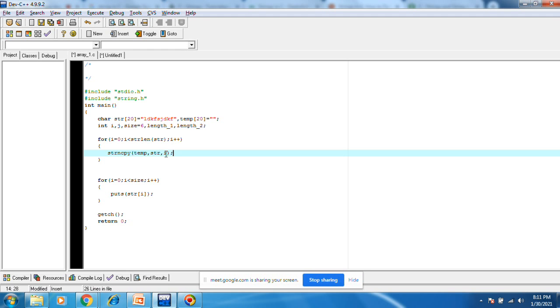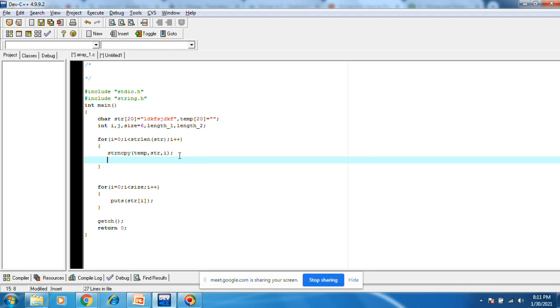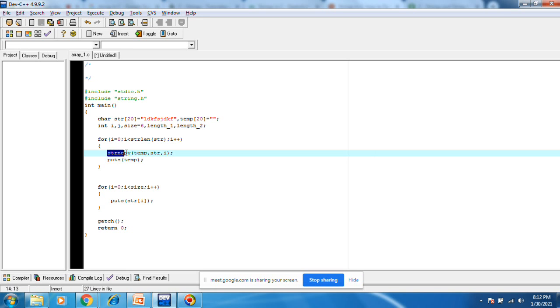This is how it prints. Then puts of temp.